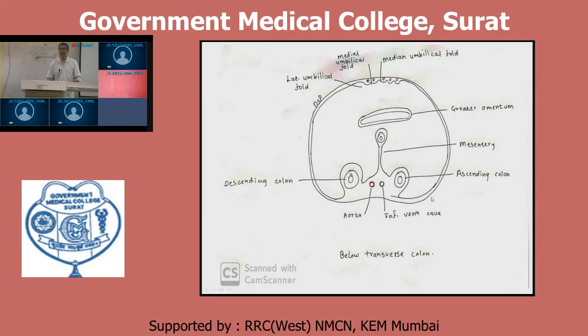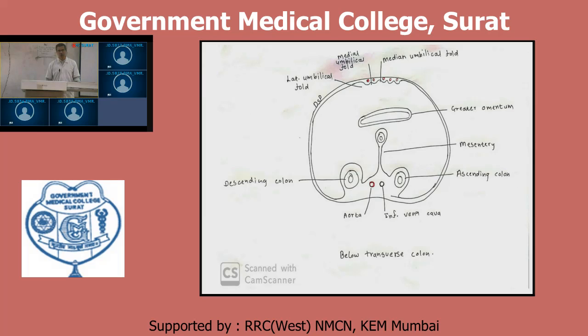This mesentery in relation with the posterior abdominal wall shows attachment. The root of the mesentery shows attachment in relation with the left aspect of the second lumbar vertebra, and it will go downwards up to the right sacroiliac joint. This is the attachment of the root of the mesentery. Now this is completely mesentery, and this is now the intestine, small intestine.